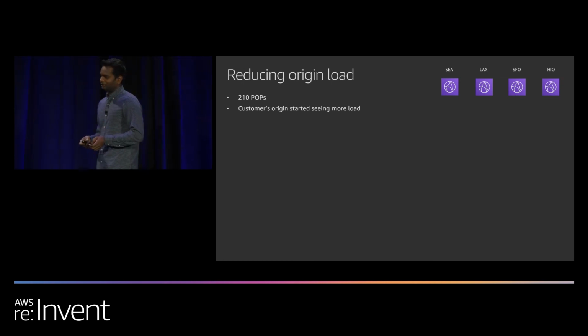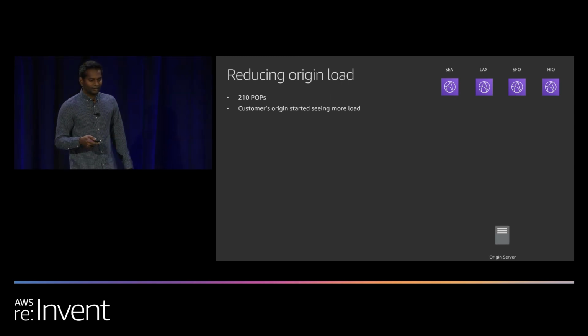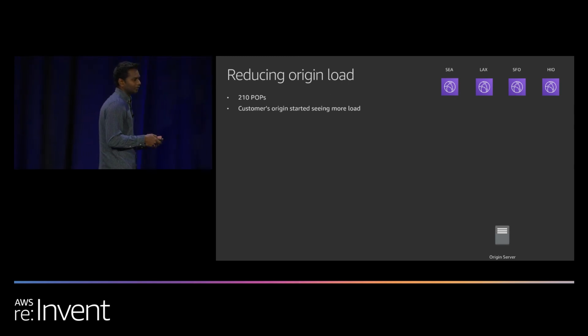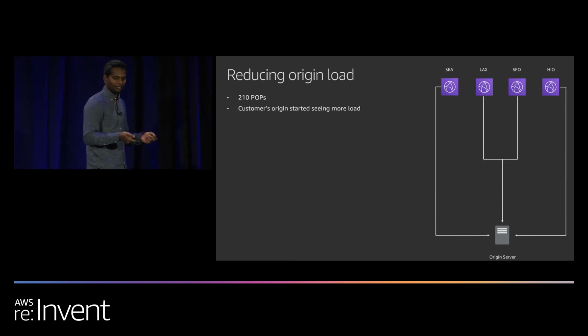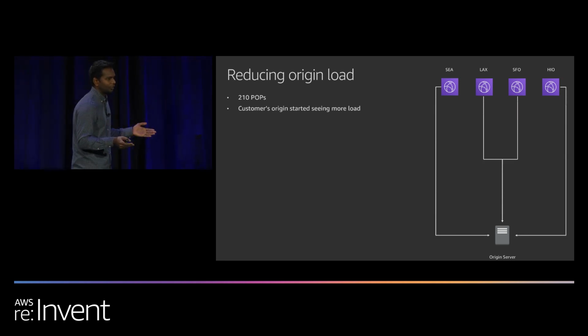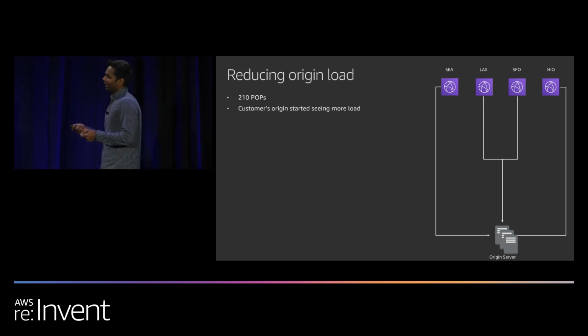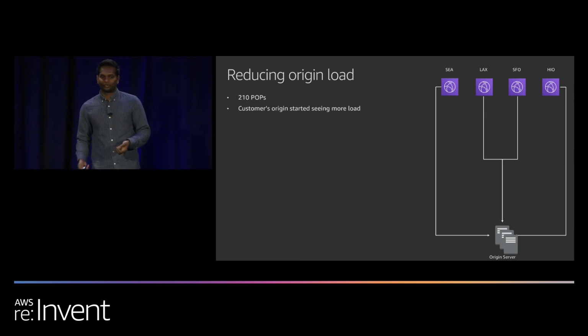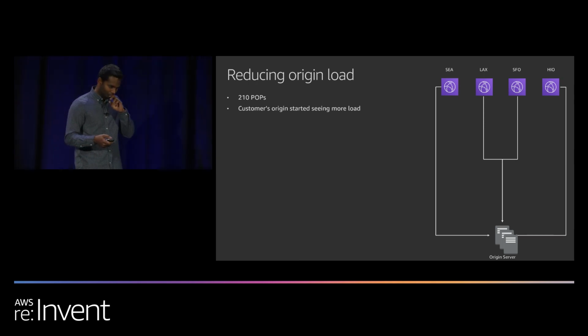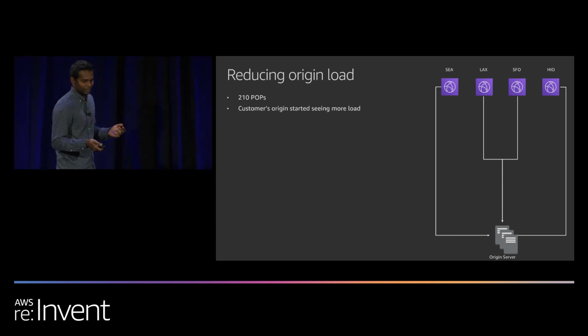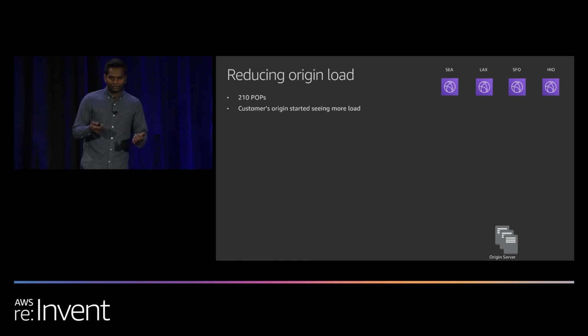But this also puts a different challenge on the origin side. As we build more POPs, if you have global viewership, the same content is being requested through all our POPs. That means if it was a cache miss, it's going to your origins to fetch that content. So this puts a lot of load on your origin, and you might have to scale up your origin to meet the demands, or to keep up with the way that Amazon is scaling in terms of the POPs. So we wanted to avoid that.